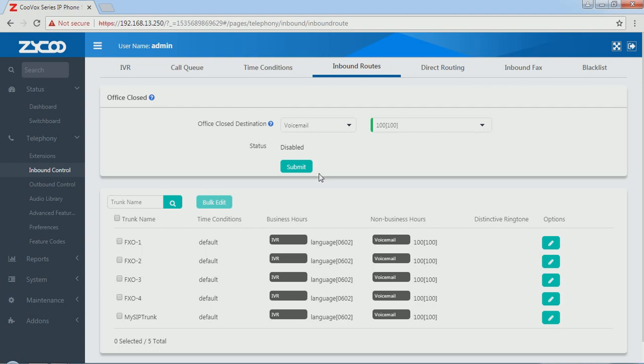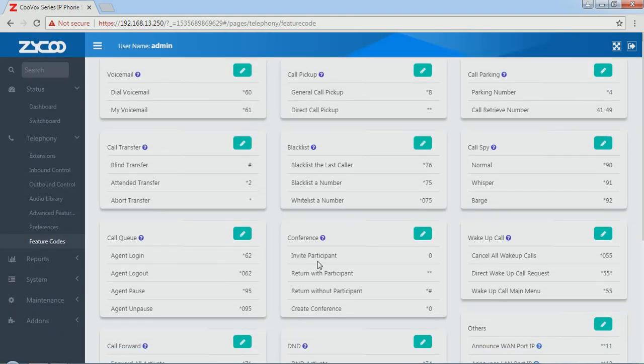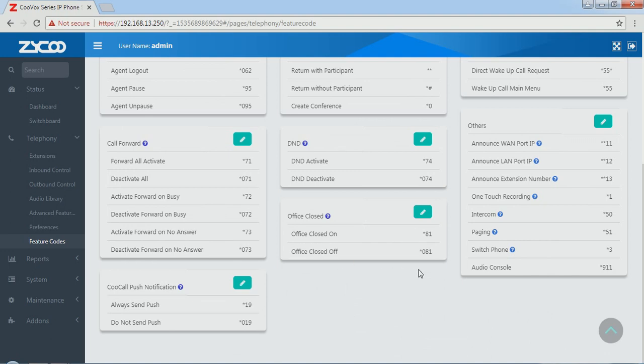I have to first configure here, and then those feature codes for the office closed feature can be used. Dial *81 to turn on the office closed timing, and all the phone calls will go to the voicemail box of extension 100. When the event is over and the office is open again for business, you will just have to dial *081 to turn off the office close timing, and all the inbound phone calls will